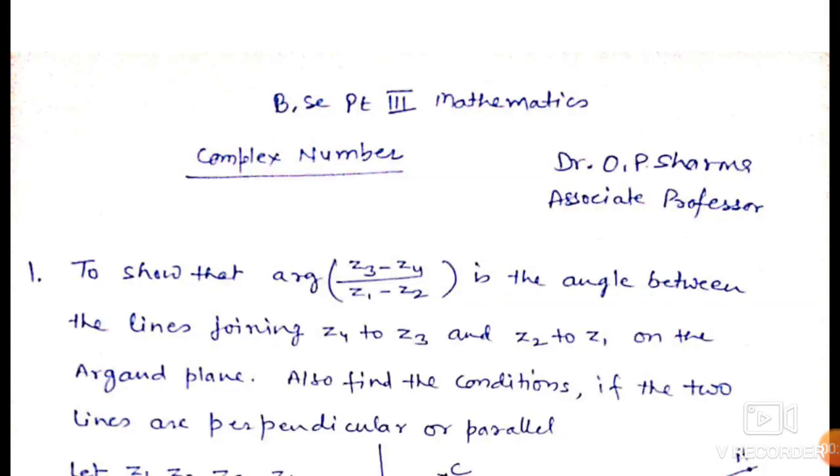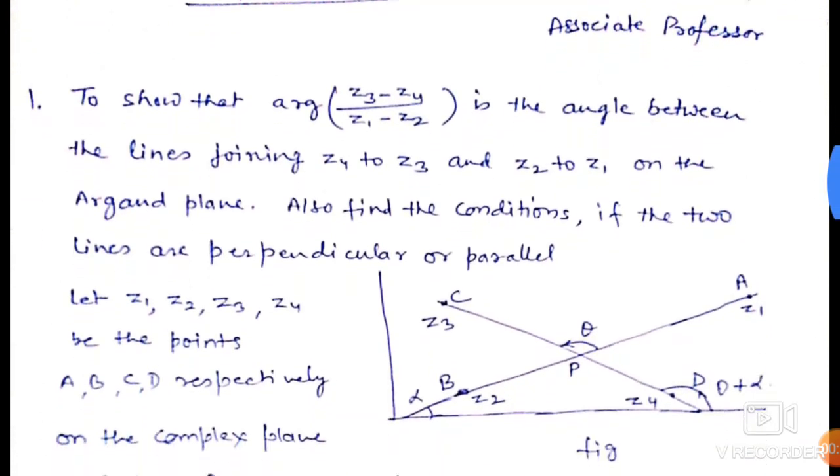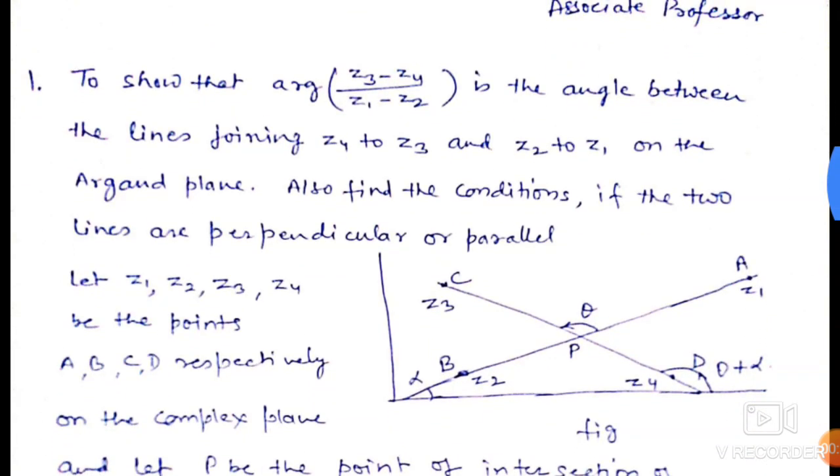मैं डॉक्टर ओपी शर्मा, एसोसिएट प्रोफेसर, SCRS गवर्नमेंट कॉलेज सवाई माधोपुर, BSc पार्ट थर्ड मैथमेटिक्स स्टूडेंट्स को कॉम्प्लेक्स नंबर पढ़ा रहा हूँ। उसमें जो आर्टिकल आज करने जा रहे हैं उसमें है: टू शो दैट आर्गूमेंट ऑफ Z3 माइनस